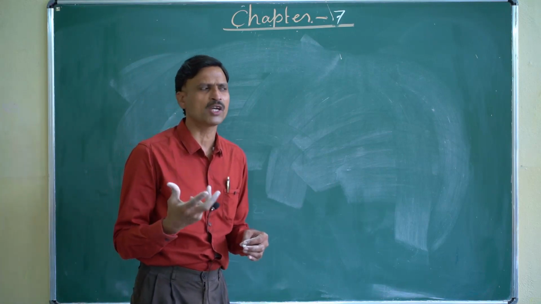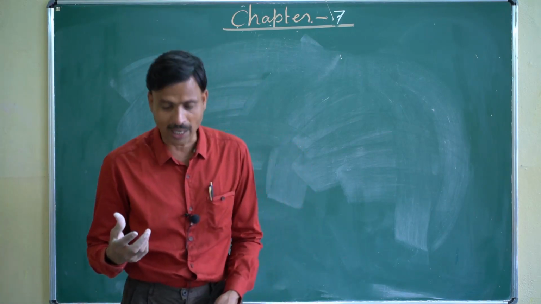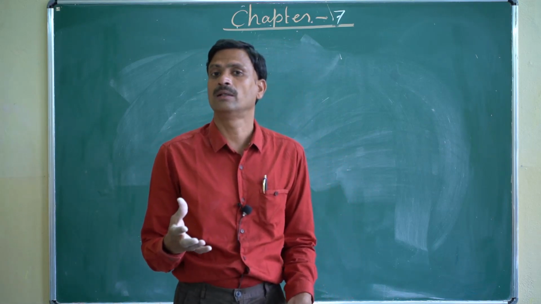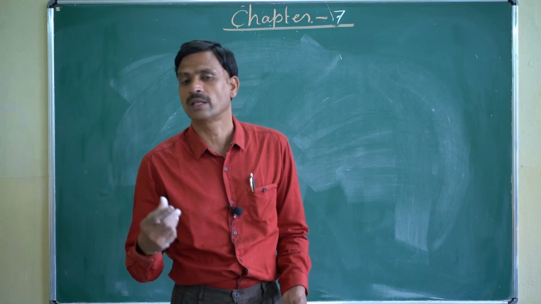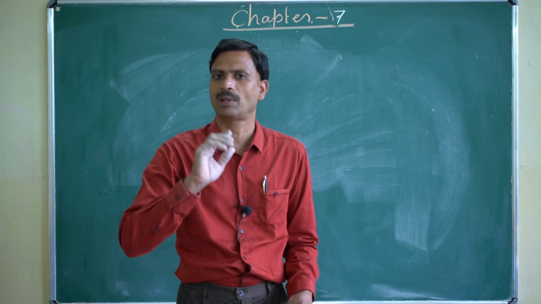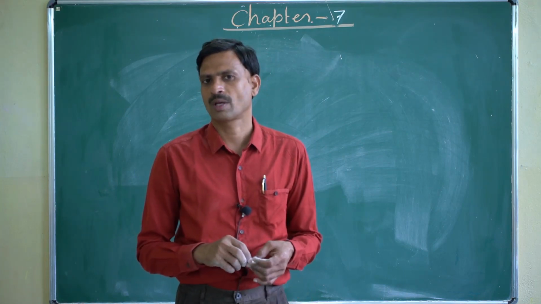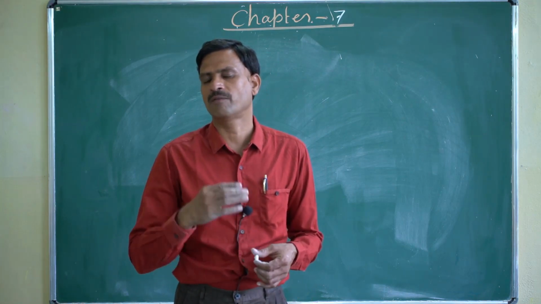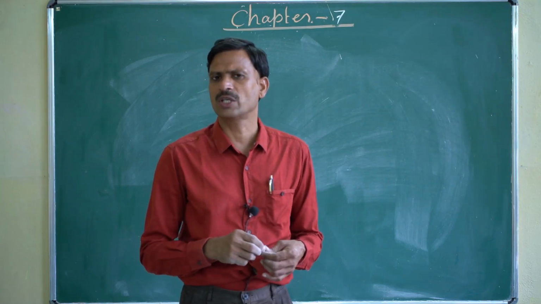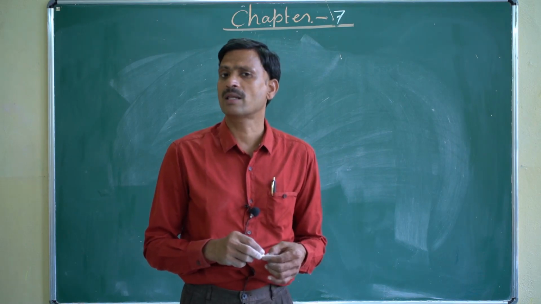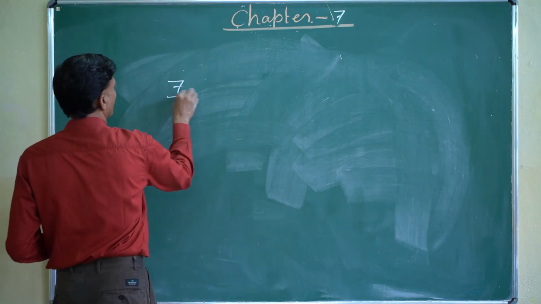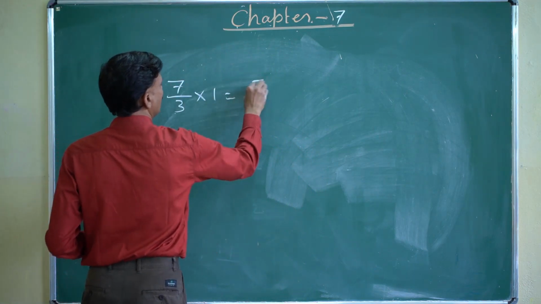Same thing, if any fraction is given and the fraction is multiplied by 1, there will be no change in the fraction. There will be no change if the fractional number is multiplied by 1, as you know. Like a number is 5 and 5 is multiplied by 1, what will you get? You will get 5, right? Same thing, if any fraction is given, like 7 by 3, multiplied by 1, what will you get? 7 by 3 only.